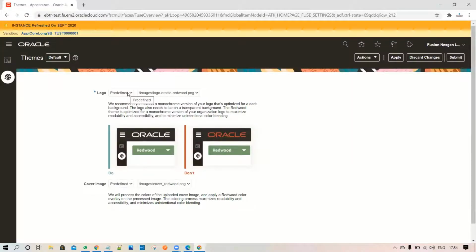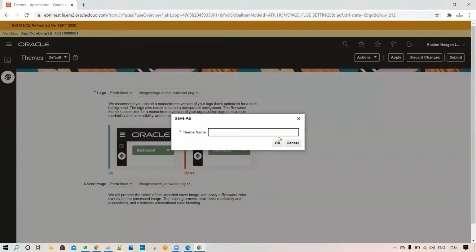So always try to use a transparent image, the logo, so that it will enhance the visibility of the branding logo. You can see that the logo and the cover page would be defaulted, and then click on Apply.